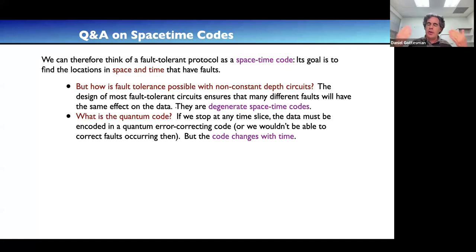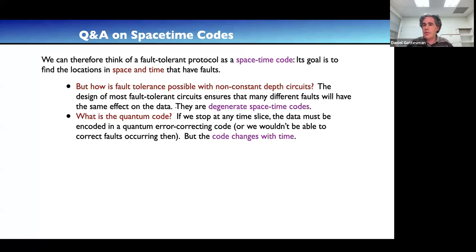And so again, if you're thinking in the old picture, then you might look at one of these newer dynamical protocols and say, well, where's the quantum error correcting code? If you're just doing some sequence of gates, where is the code? And it has to be there, because if you stop at some point in time, the data must be encoded in a quantum error correcting code. Otherwise, any errors that occurred at that time would be uncorrectable. And that's true.